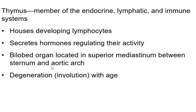But again, like we were talking before about kidneys and the adrenal glands that sit on top of the kidneys, it looks like somebody just took a piece of chewing gum and parked it on top of the kidneys. And so that would be your adrenals sitting on top of your kidneys. Well, it looks like the same person went along and took some chewing gum and stuck a couple of wads of it over the heart, above the heart. So think about that the aortic arch comes out above the heart and then descends back down. So if it's going to be between the sternum and the aortic arch, it has to be there on top